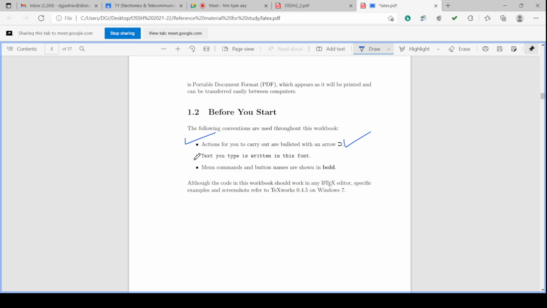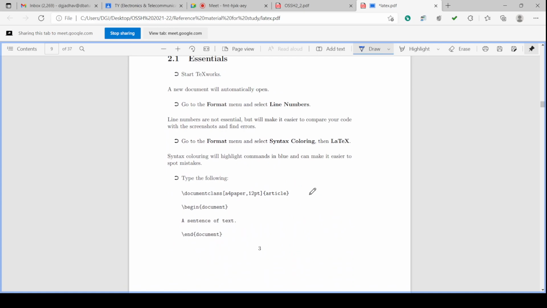We have to carry out that action, and this is the font. Then this is the text to be prepared in LaTeX. The document we want to prepare will appear in this font. And menu commands and button names will be shown in bold. Okay, so menu commands will be shown in bold. Okay.